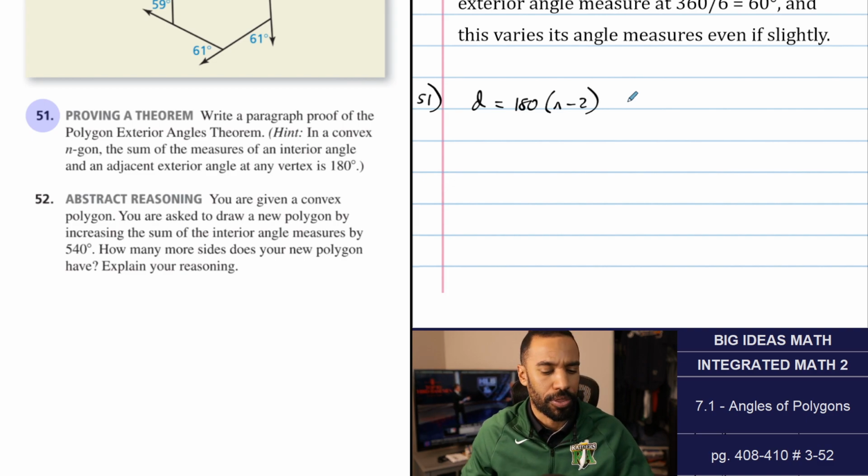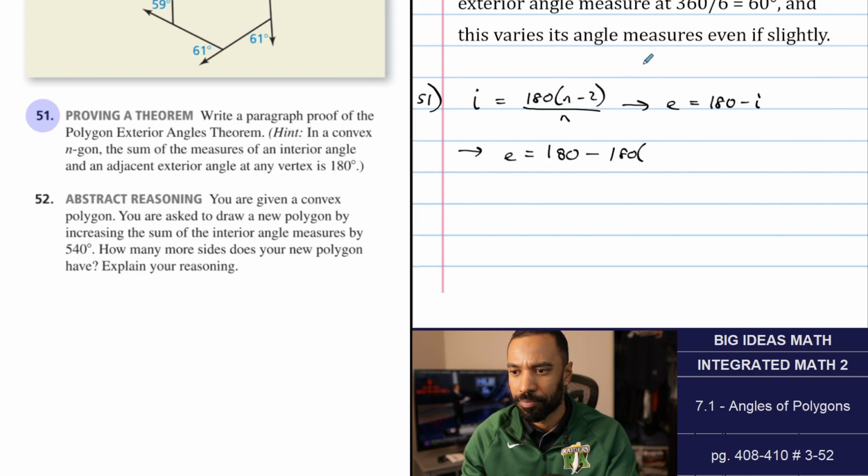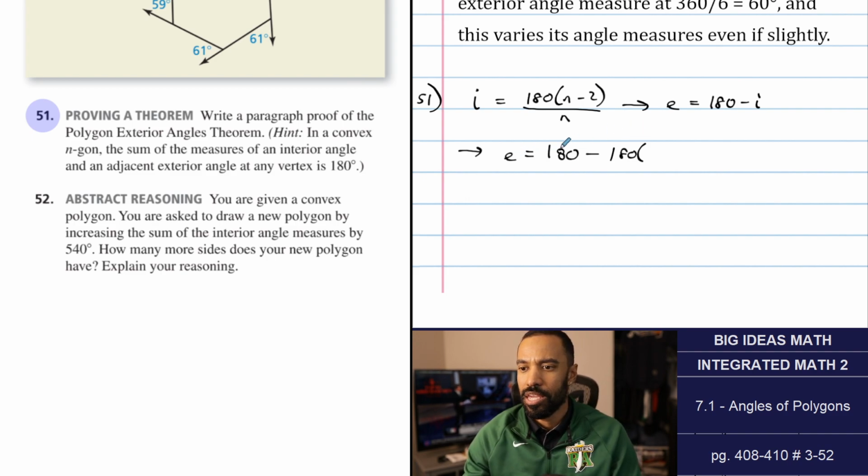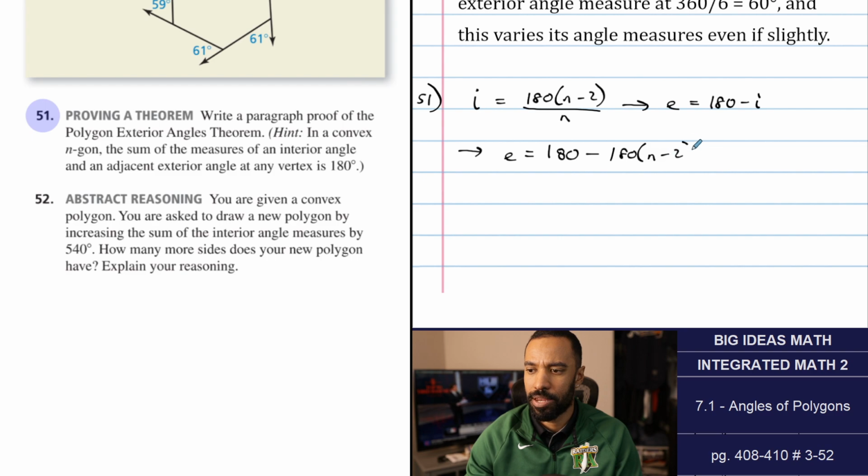You know what? I think that is worth it. See, did I get rid of it? Okay. E is 180 minus this thing, 180 times (n minus 2) over n. But the sum